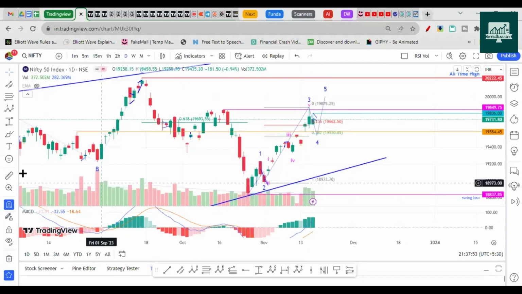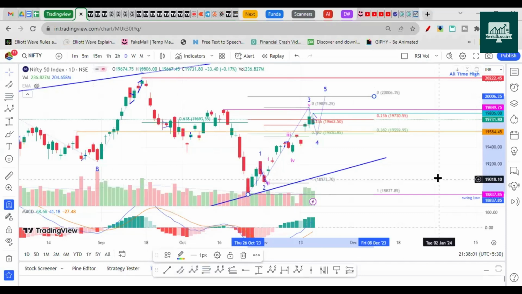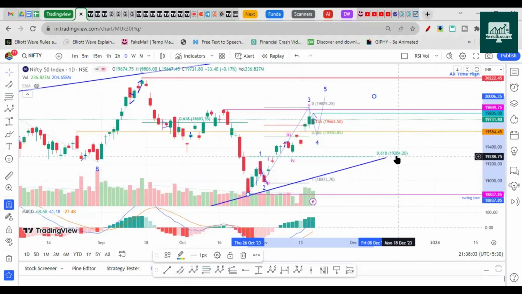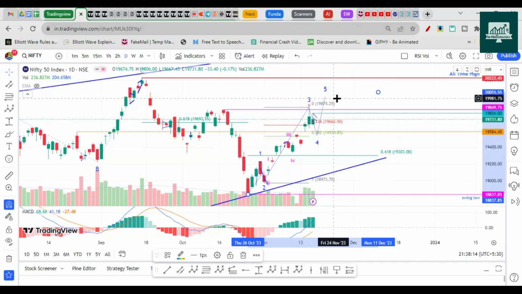Let's check that. So if we are assuming that from this low Nifty is heading towards 20,000 and from there it will drop, then 0.600 comes at 19,300, right? So this is the area we need to watch for. So somewhere near here, Nifty might face resistance, right? So this is an assumption, by the way, because 20,000 is another hurdle to watch out for. It's a whole number. So usually prices drop somewhere from the previous resistance. We have already taken out this.